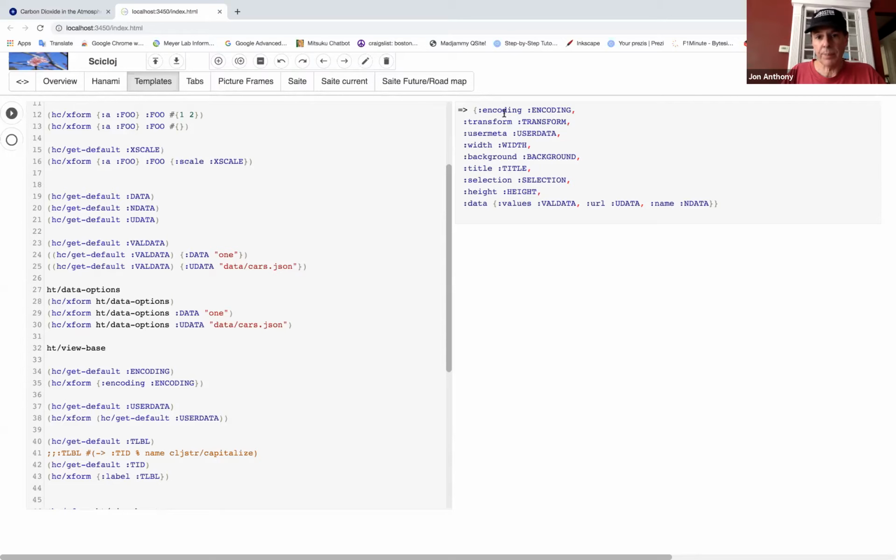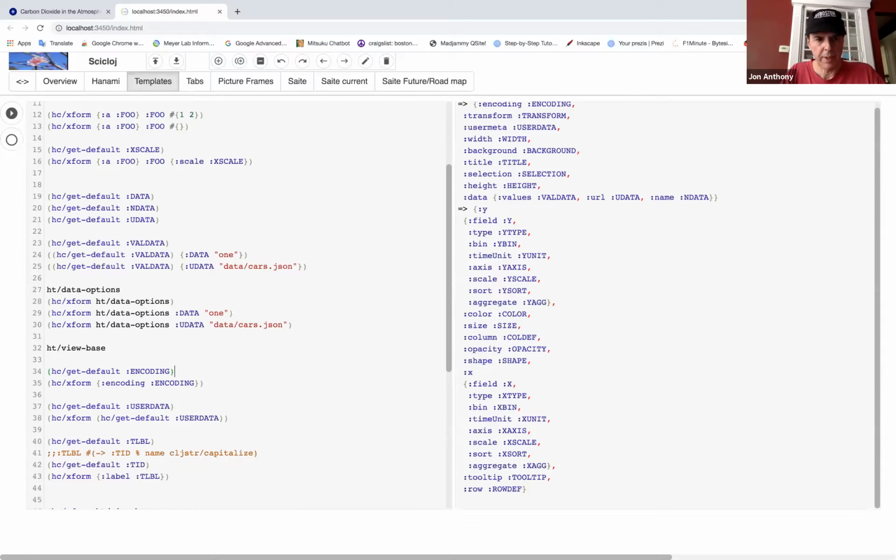You can see it's just a bunch of these specification keys that are legal Vega Light fields for a view, and then they all have these substitution keys. And then there's data down here, which has this set of transformation keys. And the deal is that all of these have defaults, and most of them are removed. Most of them are, but not all of them. Because if we look at encoding, encoding is one of these things. It's going to be